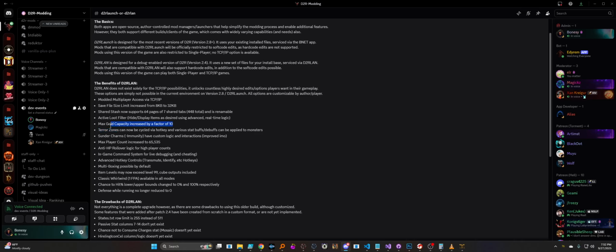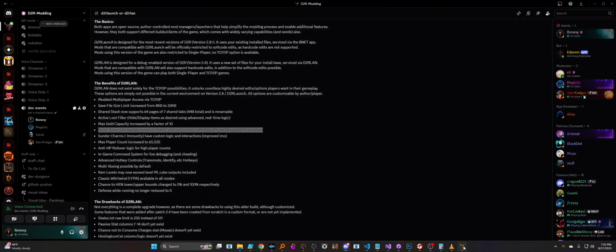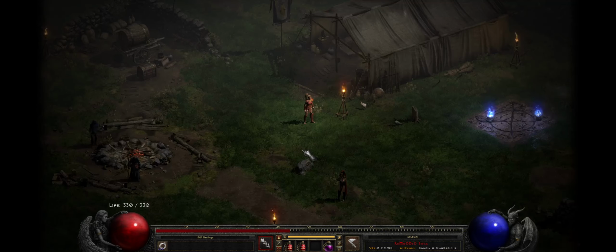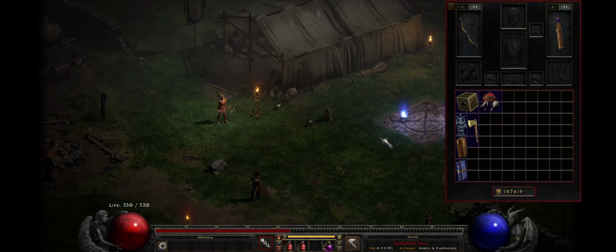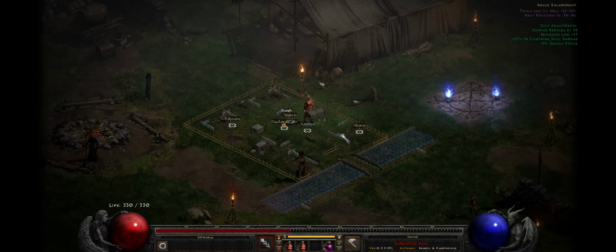I'm going to get back to the max gold, but terror zones are re-implemented with custom logic in D2RLAN. Terror zones as a default feature came after patch 2.4, so we had to re-implement them with our own styling. As you can see here, we have our terror zones active in a similar display method to retail, but now it will also show you when your next rotation is, as well as allow you,